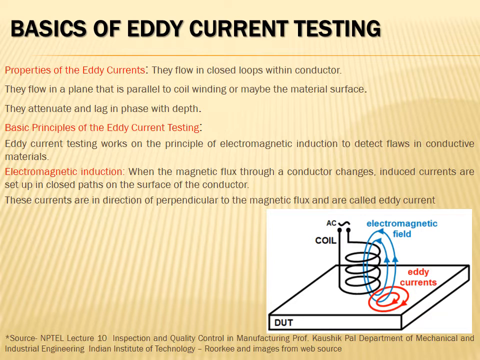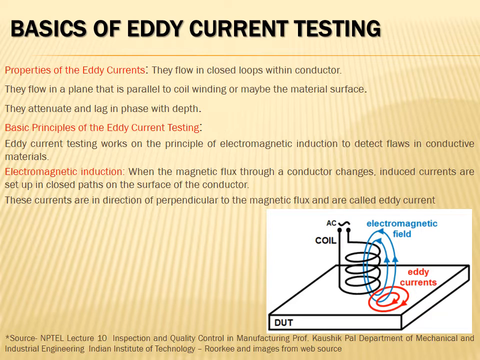Now you can see that we have a sample as shown in that image. We have an induction coil, and through that we generate the magnetic field over the sample. Due to that magnetic field, as you see in the image, in red color, the eddy current is generated in our workpiece, or our sample.